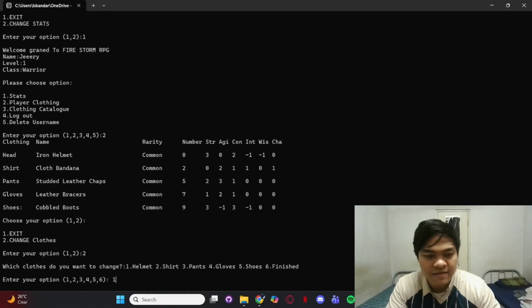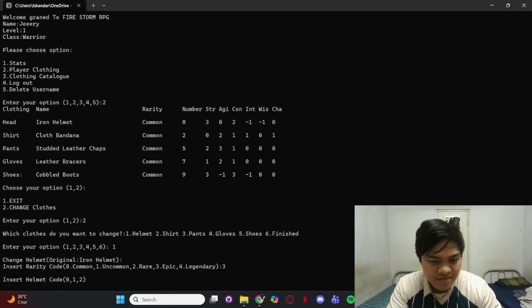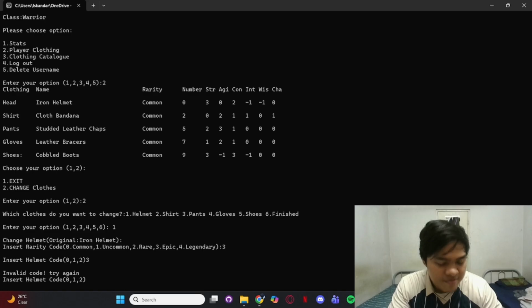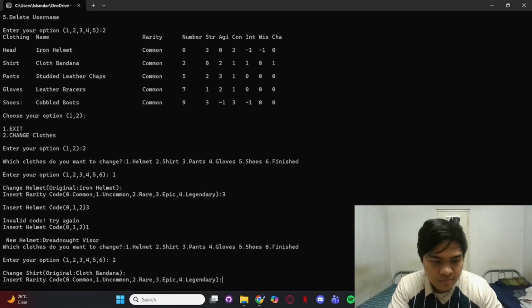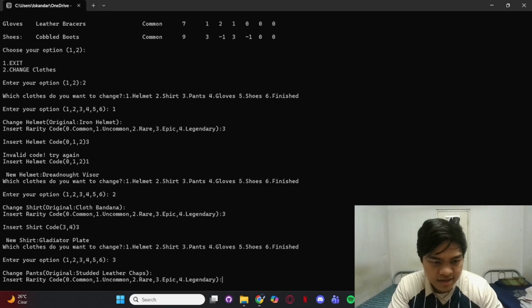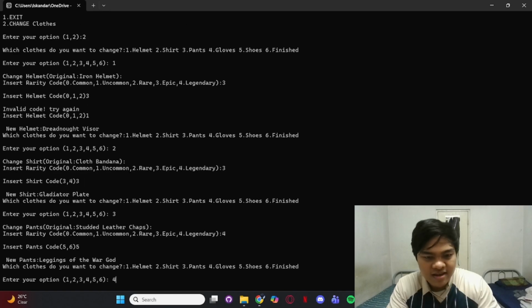So of course we start with helmet first. I want an epic helmet. So I'll pick 3 and then a helmet code here. For example, if I pick 3 for the helmet code, it will be invalid because it does not exist. So I have to choose between 0, 1, and 2. So I'll just pick 1 for a Dreadnought Visor. For my shirt, I also want an epic shirt. So I'll just pick 3 with a Gladiator plate. And then my pants, which I want legendary pants, is 5. There's the War God. And then gloves,